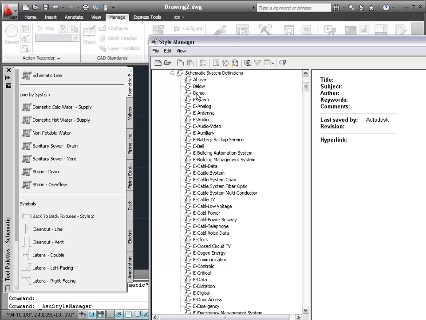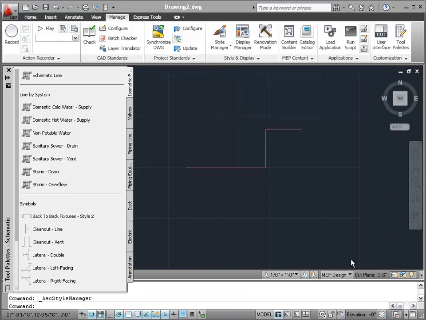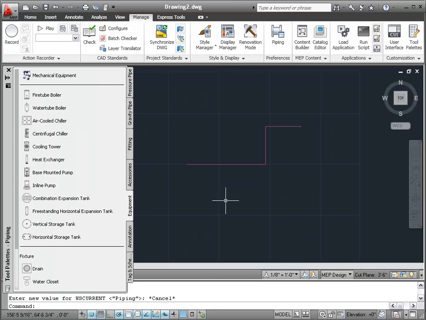Okay, so some things we can drag over onto the tool palettes out of Style Manager, and some things we can't. System definitions do not yet pull from style drawings, so that's a limitation. Let's show something that can drag from Style Manager though. So I'm going to go to one of the workspaces where I can look at equipment schedules. So the tags and schedules tab is where I'm going,